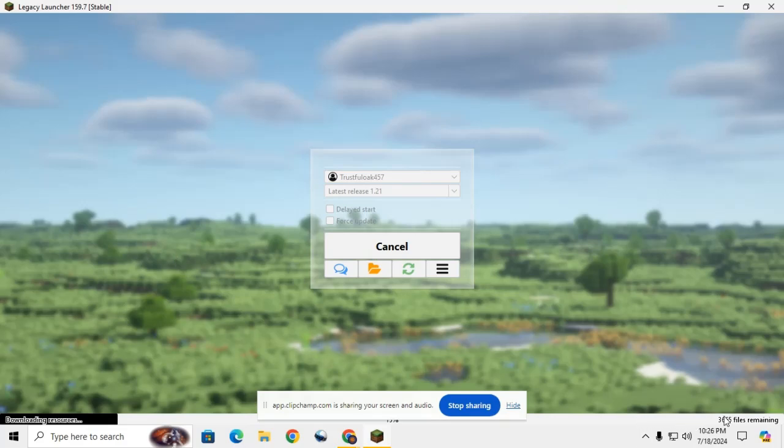So guys, this will load. This will take a few minutes or a few seconds. It depends on your internet and also your graphic card. Mine is not that great, so it will take a bit long.